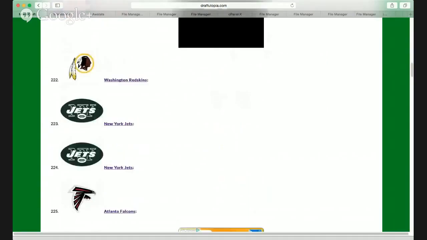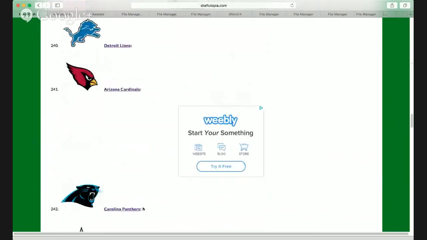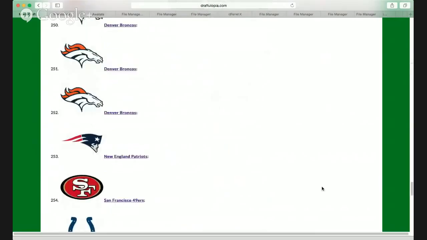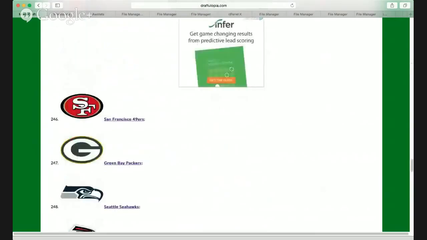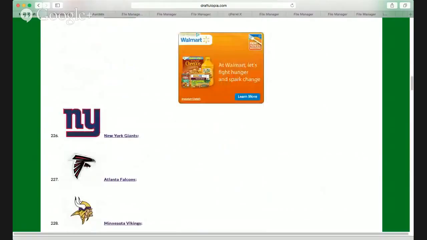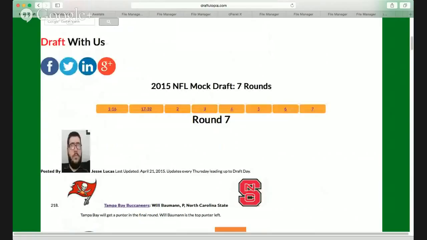But we want to make it so that everybody here at Draft Utopia that's agreed to write with us knows how to do this stuff themselves. That's what we're trying to accomplish. And again, so that's that. I'll X this out for now because I'm probably going to work on something else. I don't want to take up space.